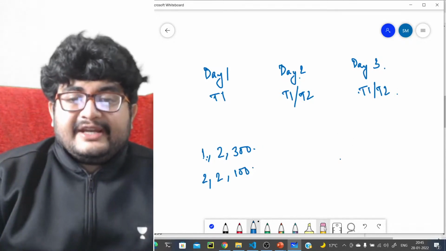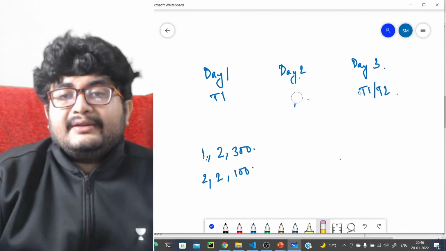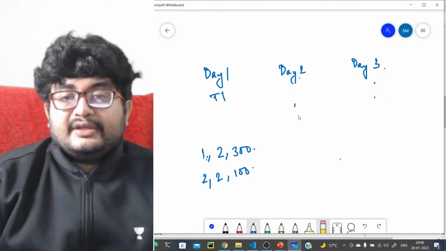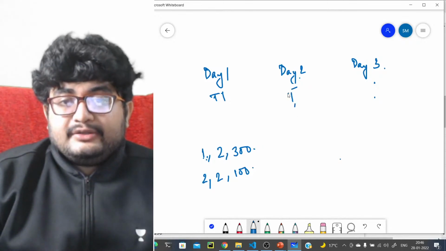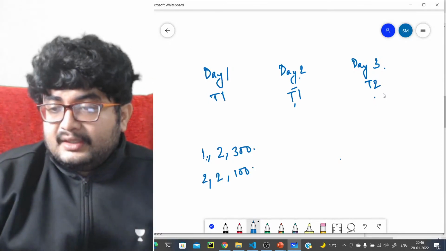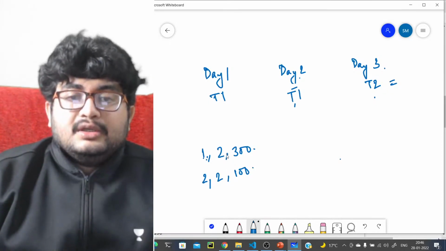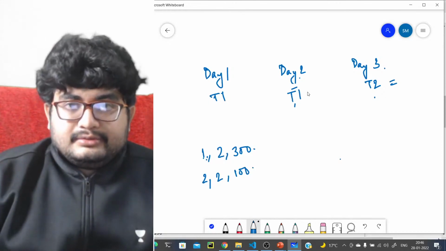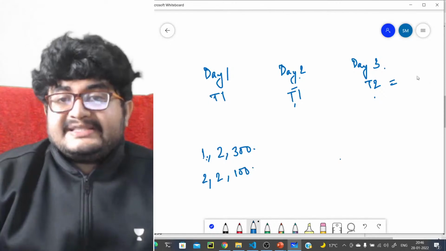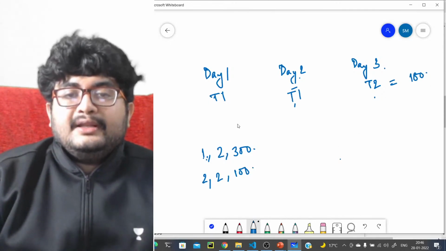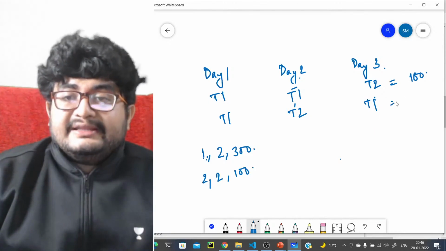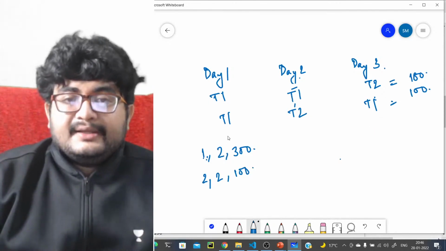Let's look into one of the configurations. Let's say the second day is given to trainer one and the third day is given to trainer two. In that case, what is the sadness value? Trainer 1 takes 2 classes, so he is not sad. Trainer 2 is not taking 1 class, so he will be sad, and the sadness value is 100 total. Let's say on day 2 we give trainer 2, and on day 3 we give trainer 1 again. In this case again it is 100.